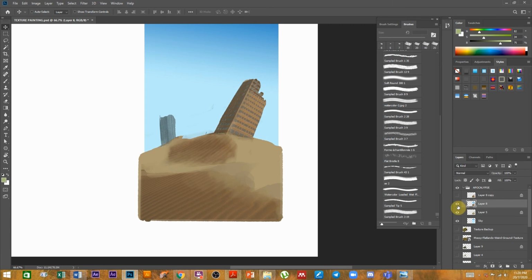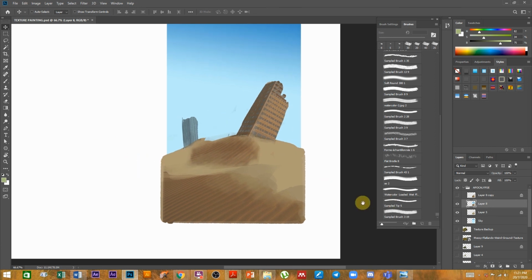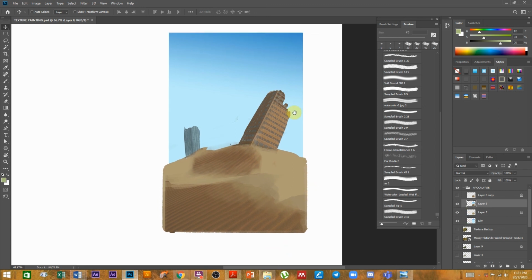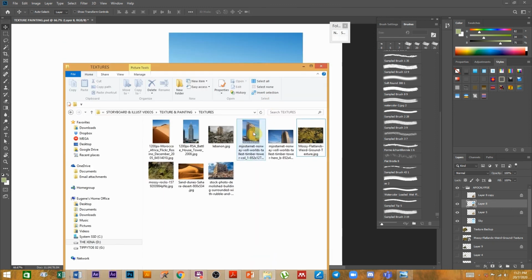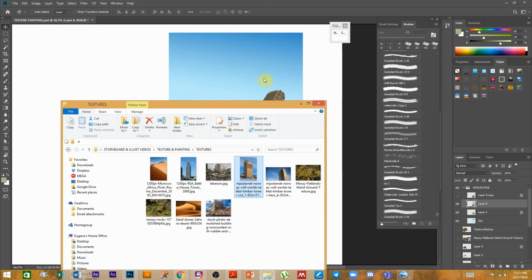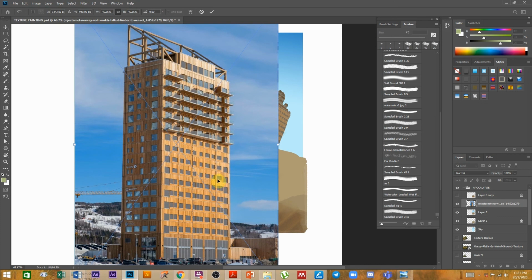Now how do I apply the texture? Now, this one is a little bit tricky because I did manipulate the photo before I even applied it straight. It was not as straightforward as the other organic one with the rock and the grass. Now this one, how do I apply a texture like this here? Okay, I actually found this nice photograph of a building that I have no idea where it's from. I think it's from Scandinavia perhaps. And for this,